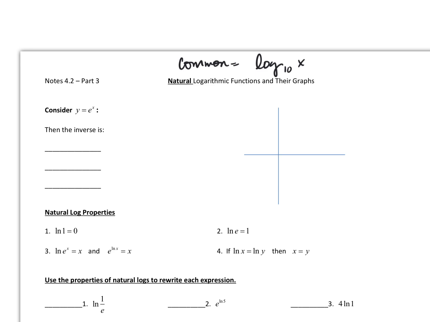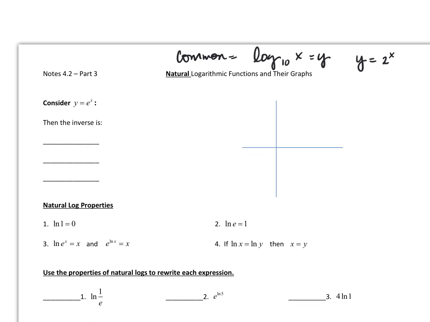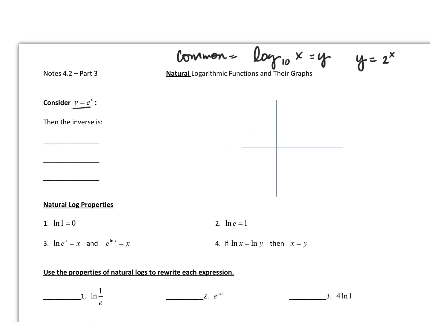Now, it's the inverse of y equals 2 to the x, or any kind of exponent, okay? So now when y is e to the x, remember e is a number, it's an irrational number like pi. So when e is the base, it becomes the natural log, and it looks like this, natural log of x,